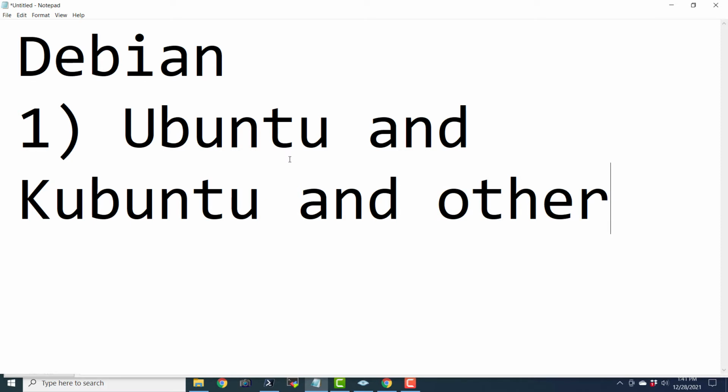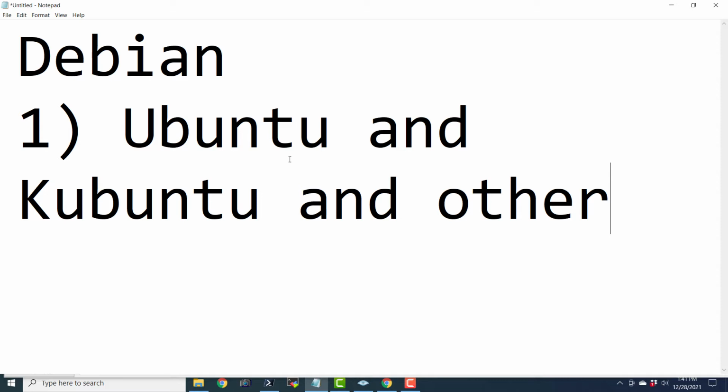You can check the Ubuntu website. They will show you Ubuntu, Kubuntu, Edubuntu, and a lot of distributions that are derived from Ubuntu itself. So Ubuntu is derived from Debian, and Kubuntu and Edubuntu and all other derivatives that have that Buntu in the end are derived from Ubuntu.